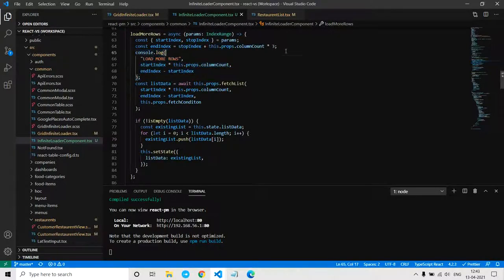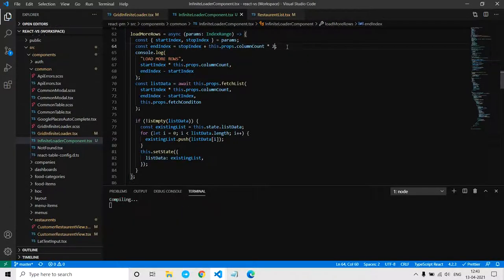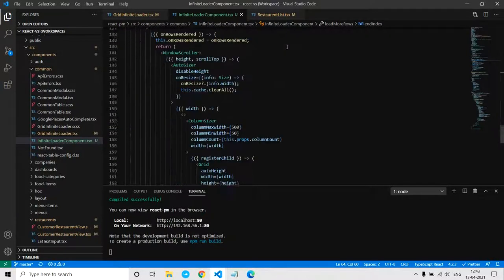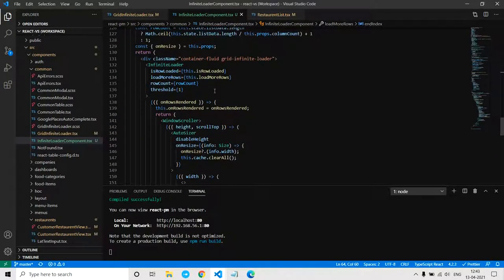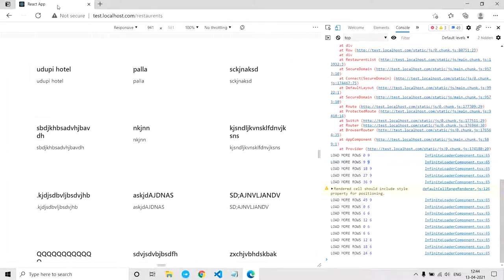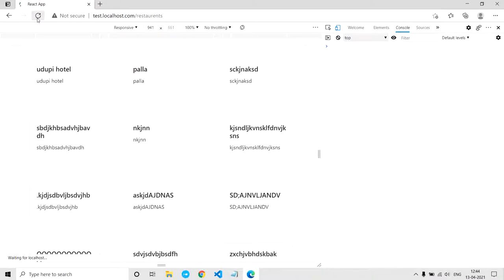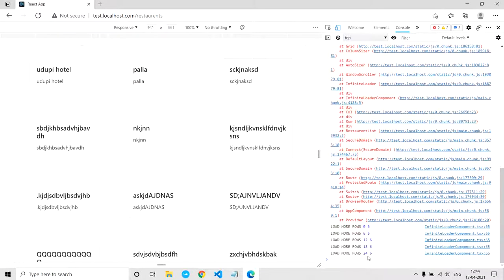And let's give it here as a 2, and let's show you the importance of this threshold. If I give threshold value as 5, as I said, this threshold value is used in prefetching the rows. If I just refresh it, it's going to call till 24 index. It just prefetches the number of rows defined by the threshold. So the default value for this is 15.